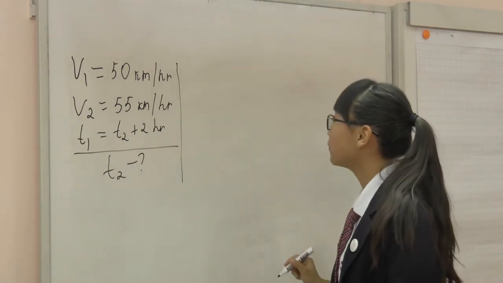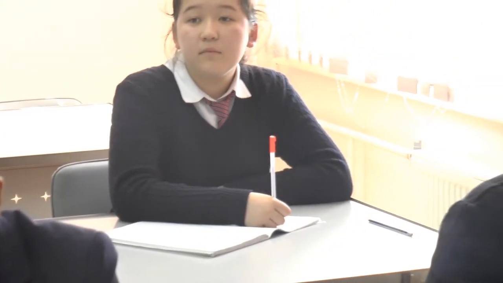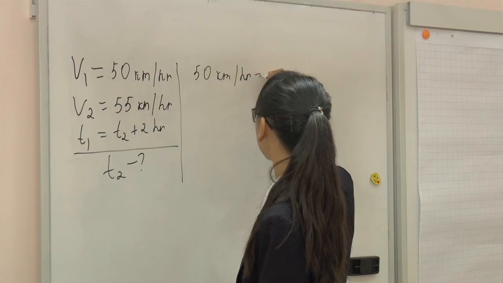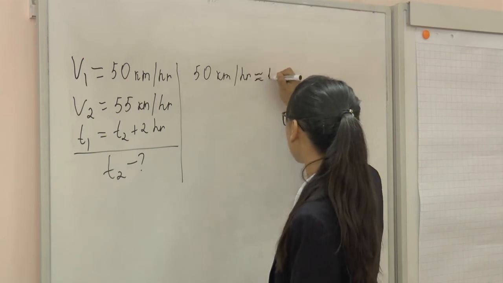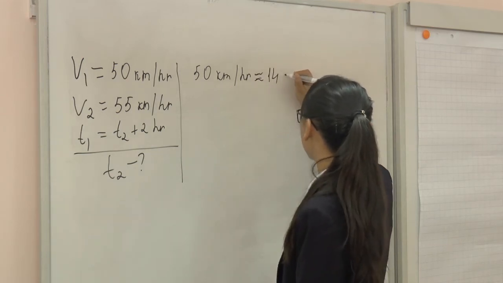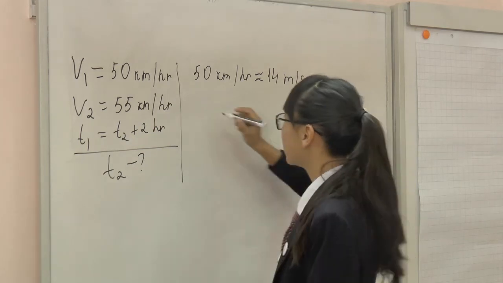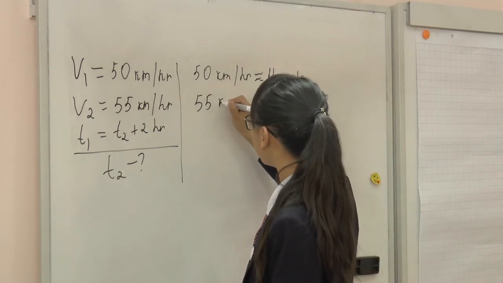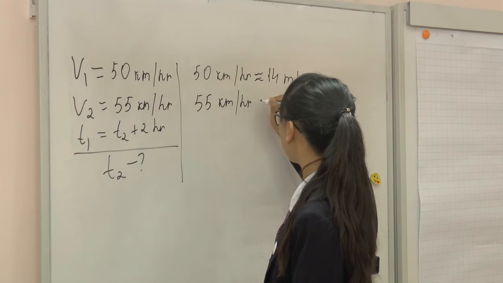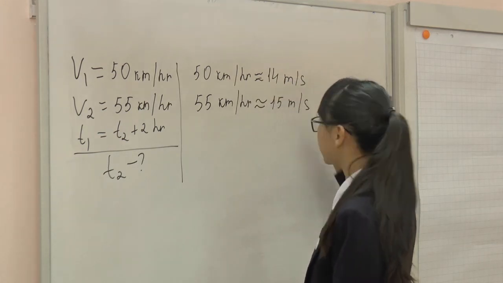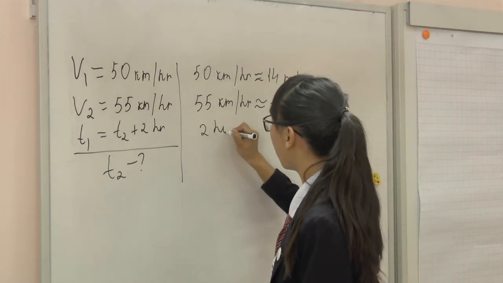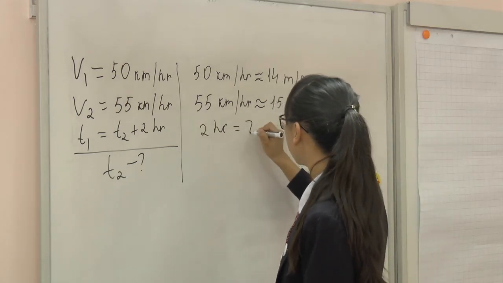Firstly, I should convert these parameters to the SI system. 50 kilometers per hour is approximately 14 meters per second, 55 kilometers per hour is approximately 15 meters per second, and 2 hours equals